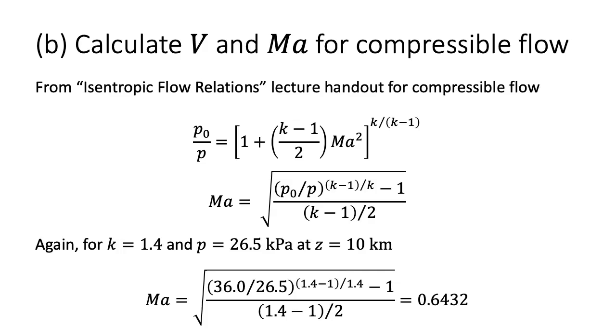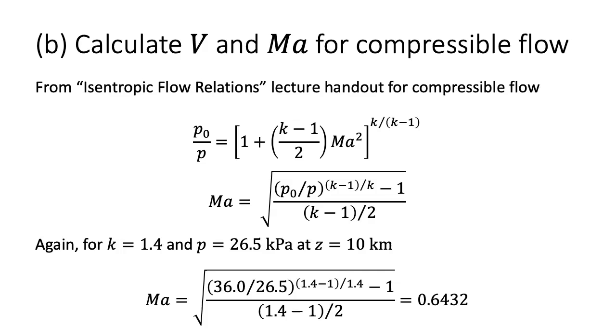For part B, we repeat the calculations for velocity and Mach number, but now we no longer assume the flow is incompressible. From the isentropic flow relations lecture handout or your textbook, the relationship is given for the ratio of stagnation to static pressure as a function of the initial Mach number, and this time for a compressible flow brought to rest isentropically. Similar to part A, we solve this equation for the Mach number, and from our known pressure ratio and K equals 1.4, we get a Mach number about 0.64, which is less than our value calculated, assuming